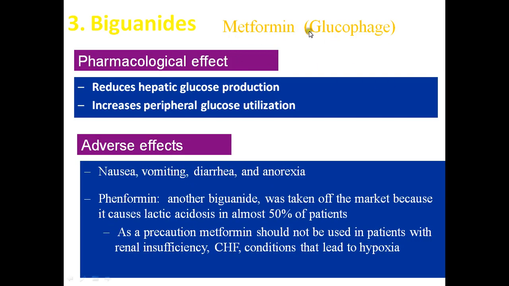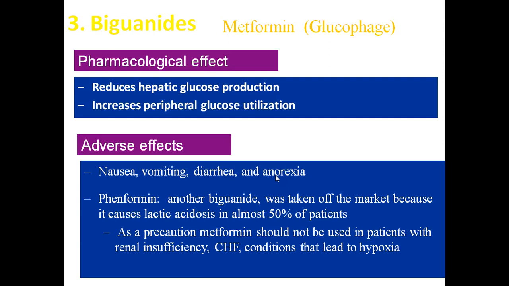Biguanides, the metformin drug, glucophage, which is the drug of choice, loved by all the physicians, all the dietitians, all the diabetologists, everyone, all the endocrinologists. Metformin. What does it do? Reduces hepatic glucose production, increases peripheral glucose utilization. It causes nausea, vomiting, diarrhea, anorexia. So you have to build the dose in these patients. You start with a light dose and then you bring it to the maximum dose,